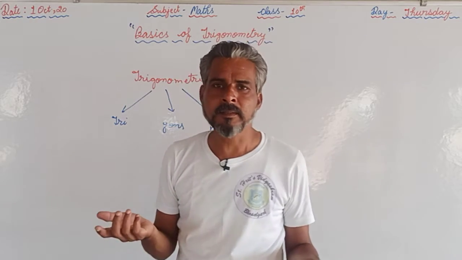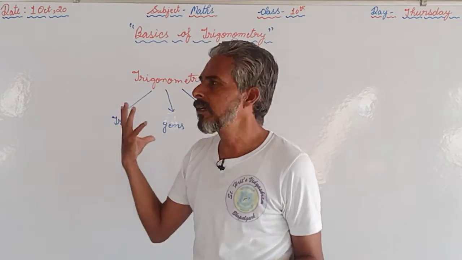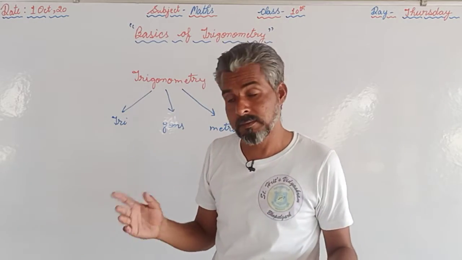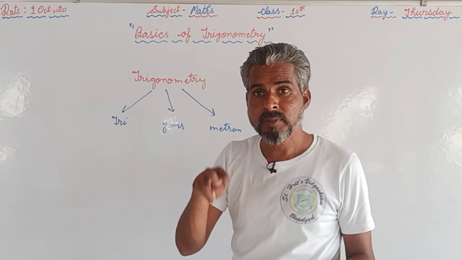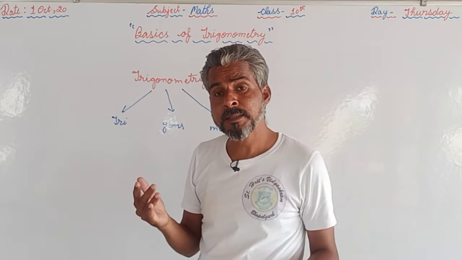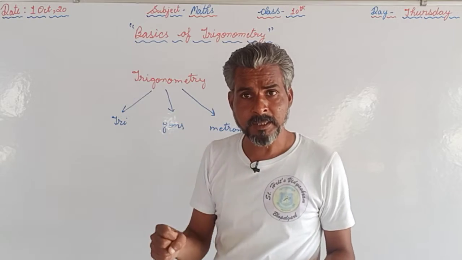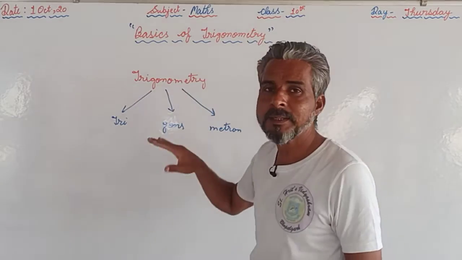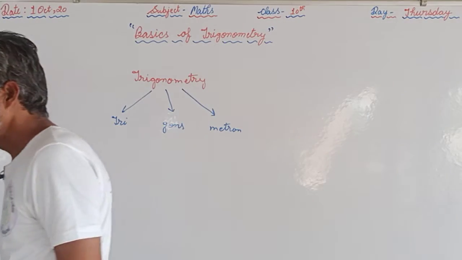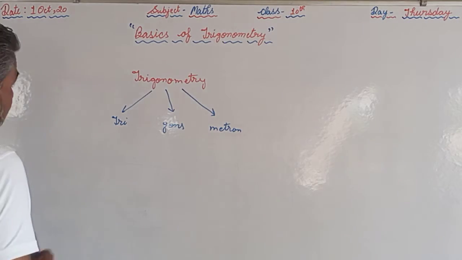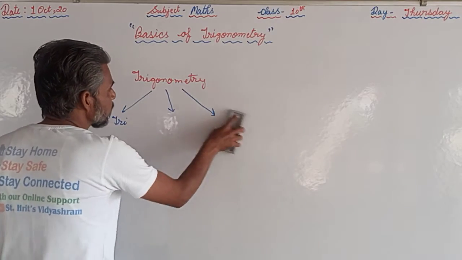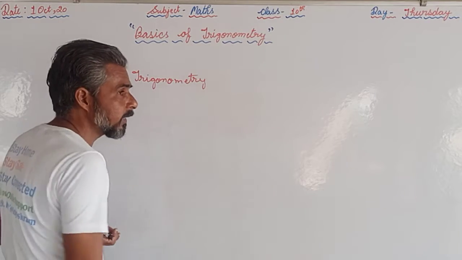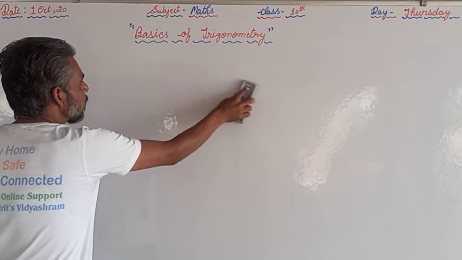So if three sides are there, we can easily understand that the trigonometry word is associated with triangles, because a triangle is a closed figure having three sides, or we can say a three sided polygon is called a triangle. But the important thing is that it is associated with triangles in which at least one of the angles should be 90 degrees, means right angle triangles.